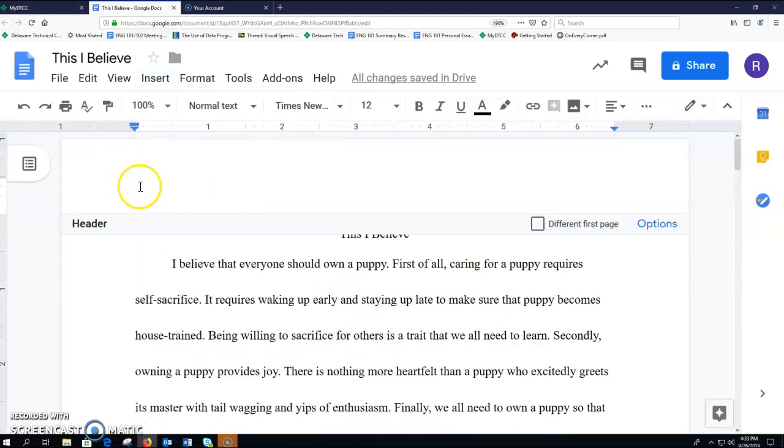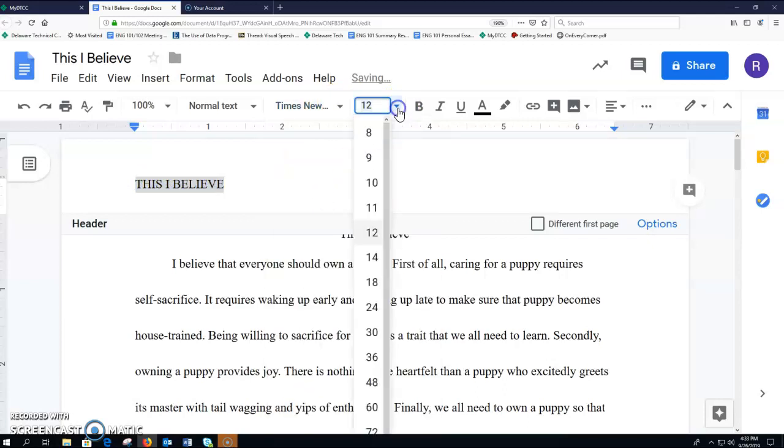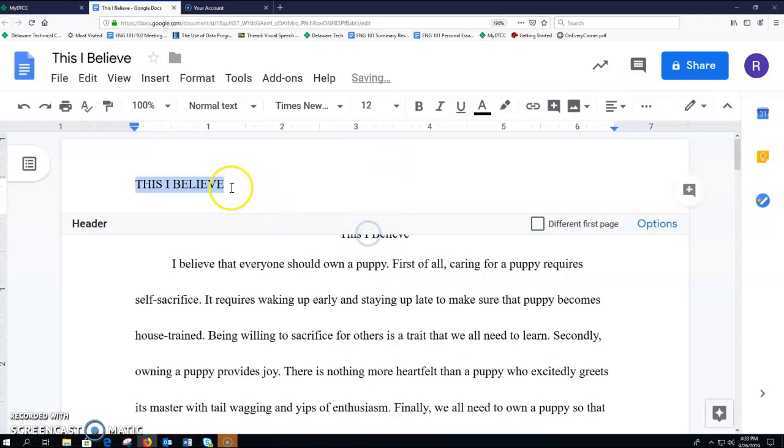You will see that the cursor is all the way to the left, and here you will type the title of your paper in all caps. Please make sure that your header is in Times New Roman 12-point font. You will tab over